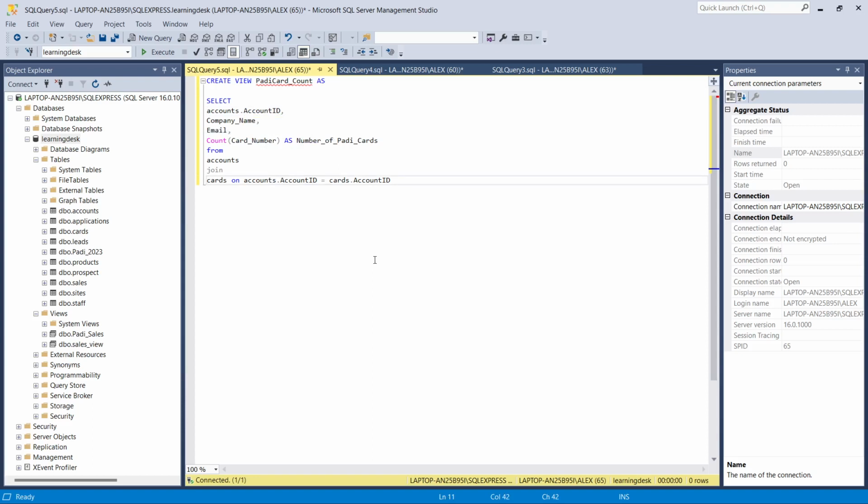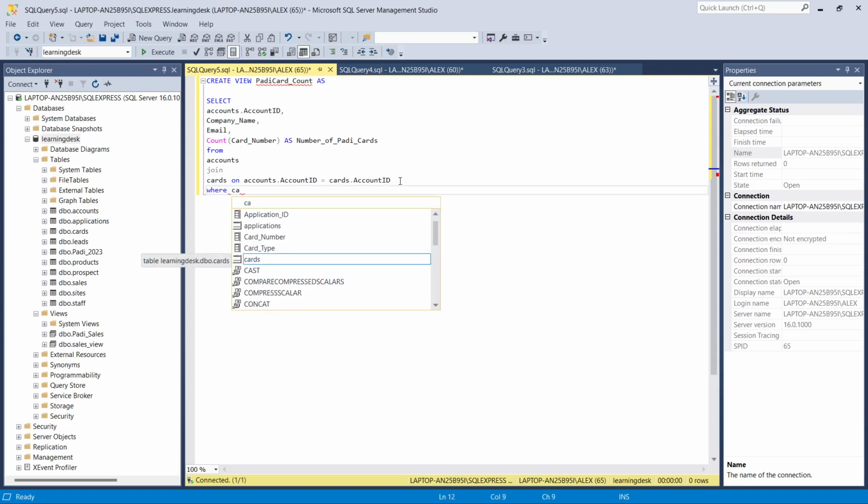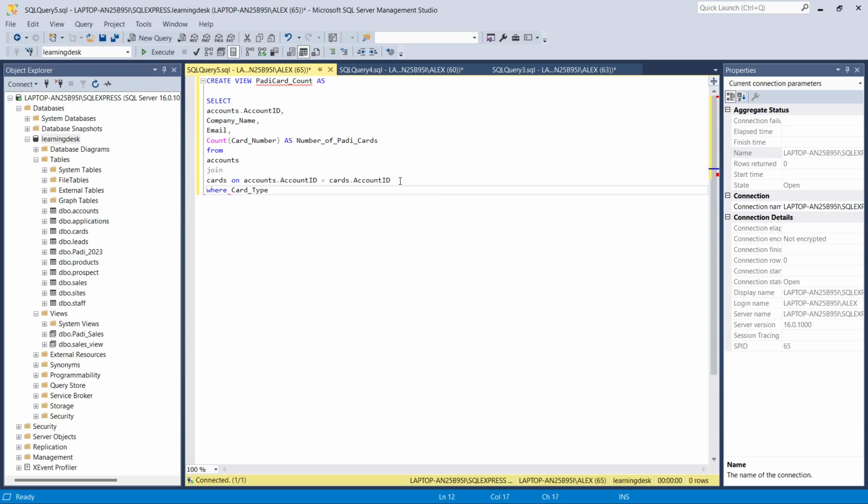The next thing we're going to look at is to put our where clause so as to specify the card type we want, which will say where cards dot card type equals Padi. Then we group by